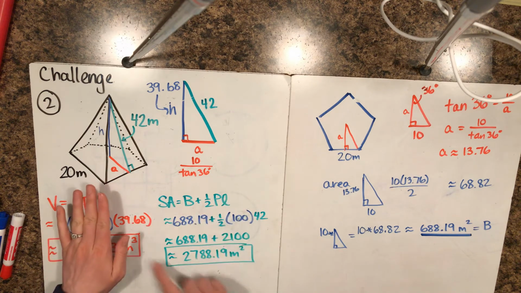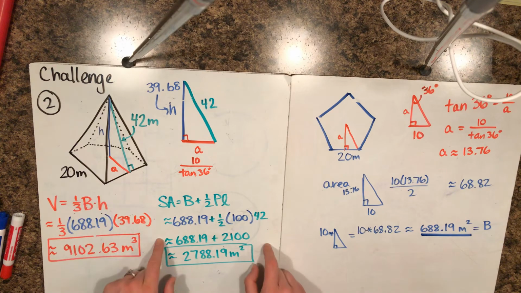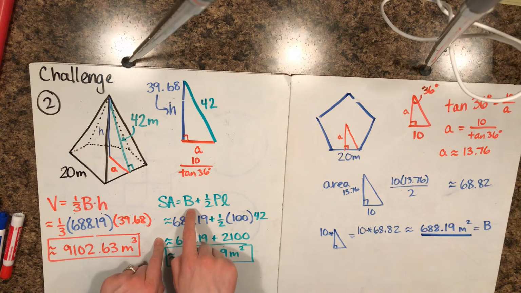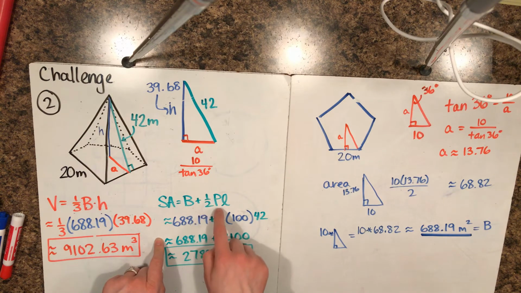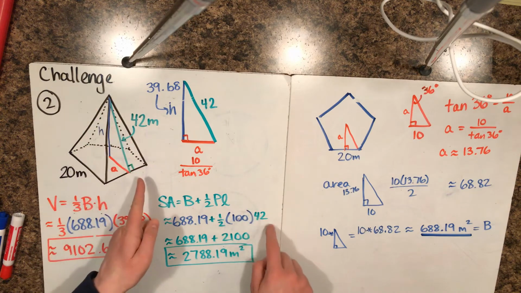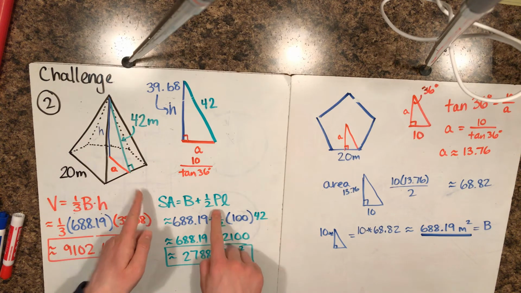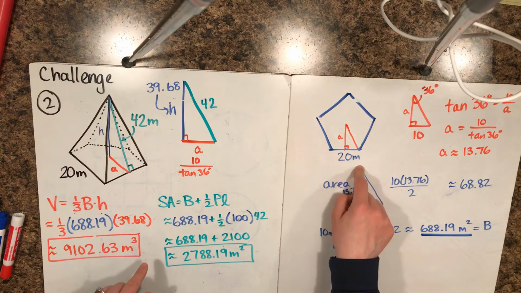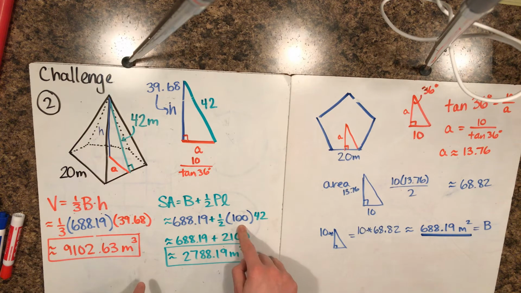Okay, I'm going to talk about surface area first because it was a little bit easier in this problem. We did the hard part for surface area. It's the area of the base plus 1/2 perimeter of the base times the slant height, and we were given the slant height. So that was really easy. Perimeter of the base, if it's a regular pentagon, 5 sides, 20 each side, that's going to be a perimeter of 100. Plug that in, add it, I get